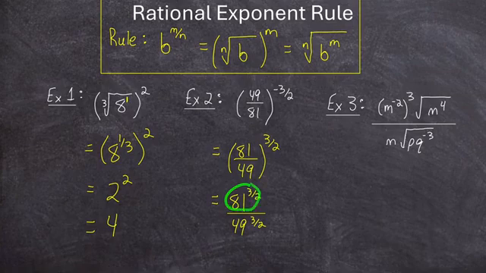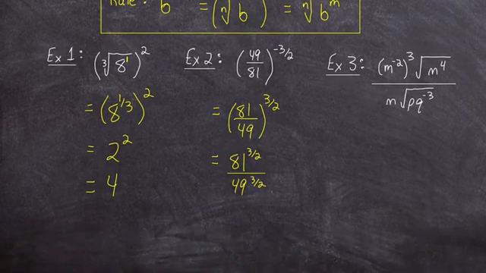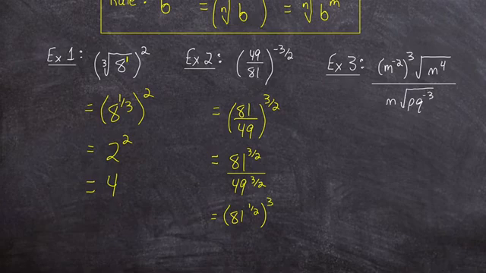And I can rewrite both of these powers. Based on my understanding of the power of a power rule, I could rewrite 81 to the power of 3 over 2 as 81 to the power of 1 over 2, all raised to the power of 3. Right, when multiplying 1/2 times 3, it's equal to 3 over 2, which is why this term is equal to that term. And then doing the same thing for the denominator, I now have an expression that's a lot easier to evaluate